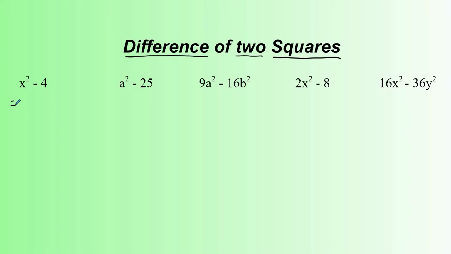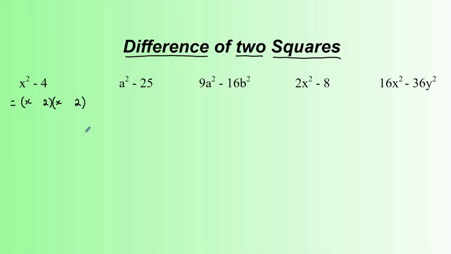Now if we look at the first example here, you'll notice that it is a difference, subtract in the middle. The first term is x squared, so that's a square term. The last term is 4, which is 2 squared. So it's a difference of two squares. The way we factorise this is we look to have the same terms at the beginning and the same terms at the end of the brackets. So we put an x at the beginning and an x at the end, because x times x gives you x squared. At the end of the bracket, we've got to have 2 times 2,